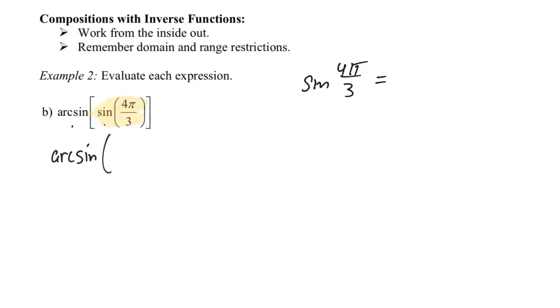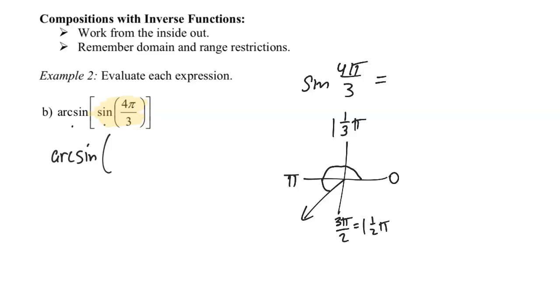And so 4 pi over 3 would really be the same thing as 1 1/3 of a pi. And so therefore, if this is pi, every angle starts here at 0. This is going to push me past the negative x-axis and into quadrant 3. Not quite into quadrant 4, because quadrant 4 would have to go past 1½ pi, and 1⅓ is smaller than